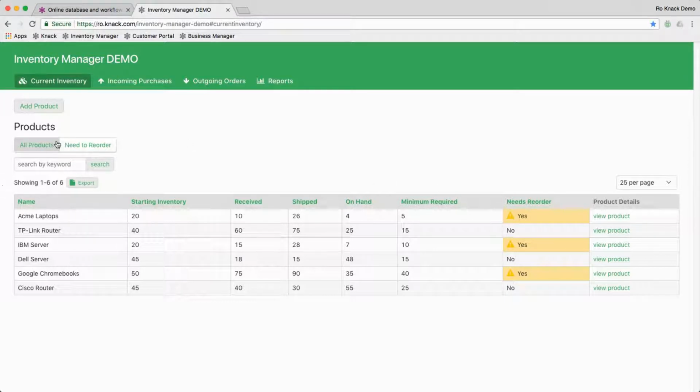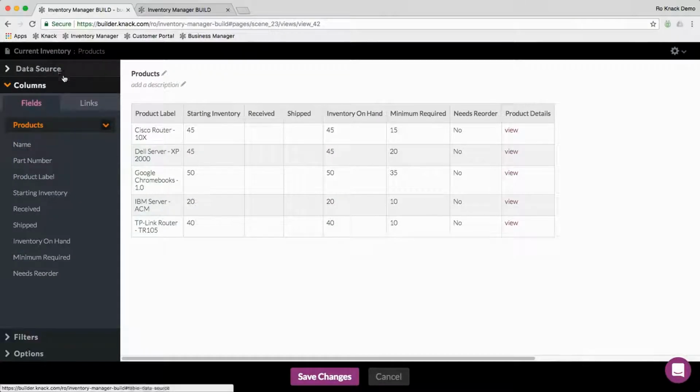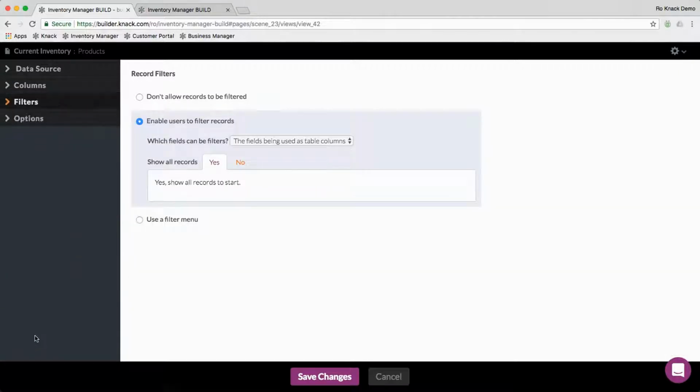So we want to be able to set these tabs here. So how would we do that in our app here? You can do that from the filter menu here. Now the filtering, again, is allowing the user to filter your records in the live application. We want to create that menu, so we're going to use the filter